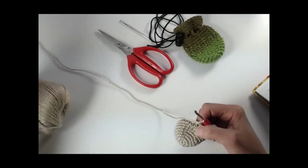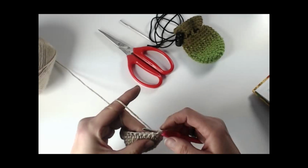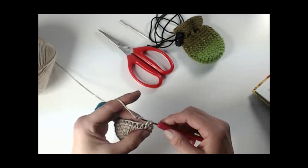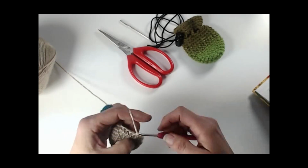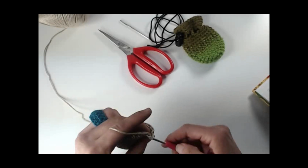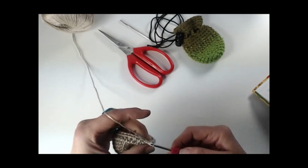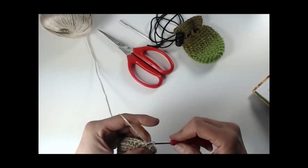12, 13, 14, 15, 16, 17, 18, 19, 20, 21, 22, 23, 24. Okay, so skip the chain one, go into the first stitch of that round, do a